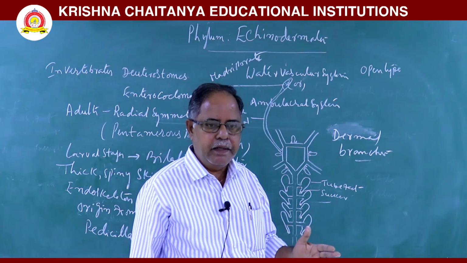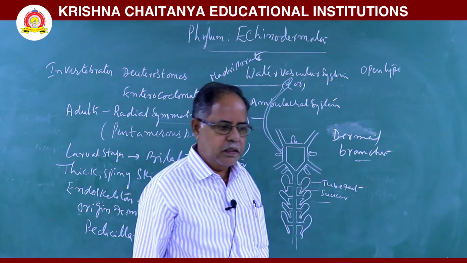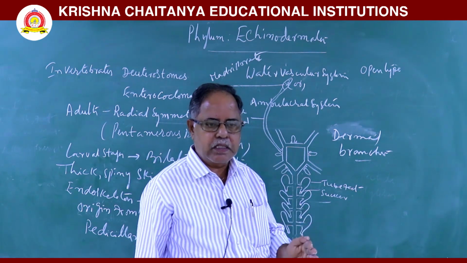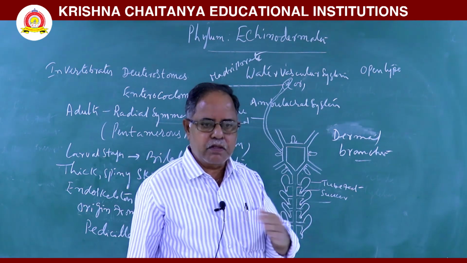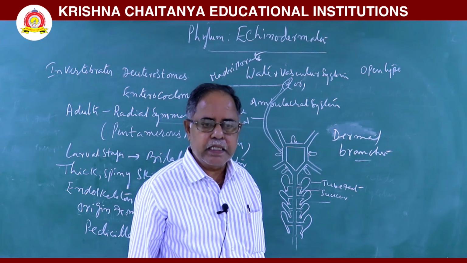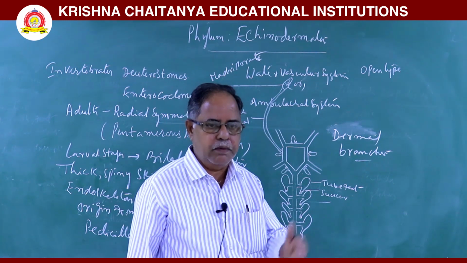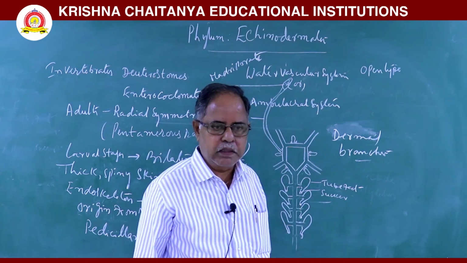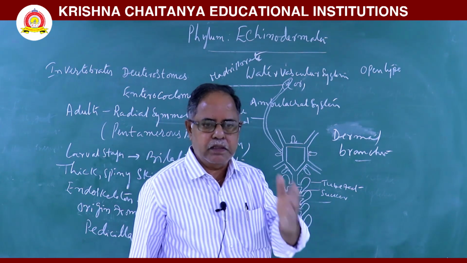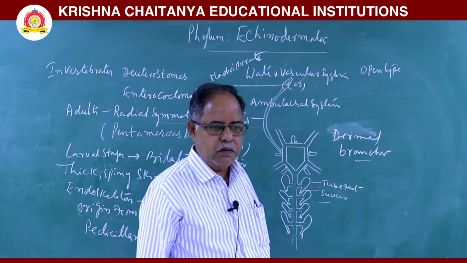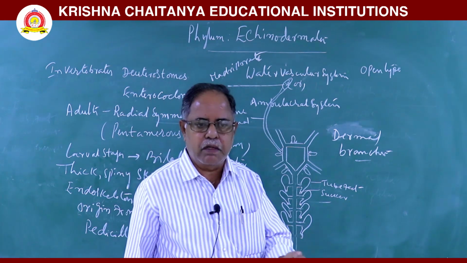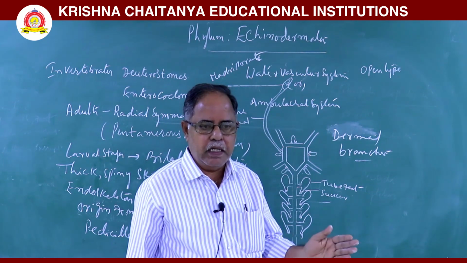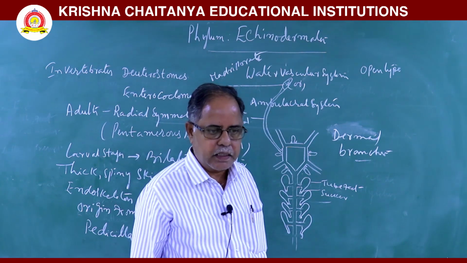Excretion is done by simple diffusion. Next then, in this animal the nervous system is poorly developed. The brain is absent. Sensory organs are poorly developed. Next, they are unisexual animals, that is, dioecious. Males and females are separate, but they do not exhibit sexual dimorphism. That means we can't identify the male and female animals by external characters.